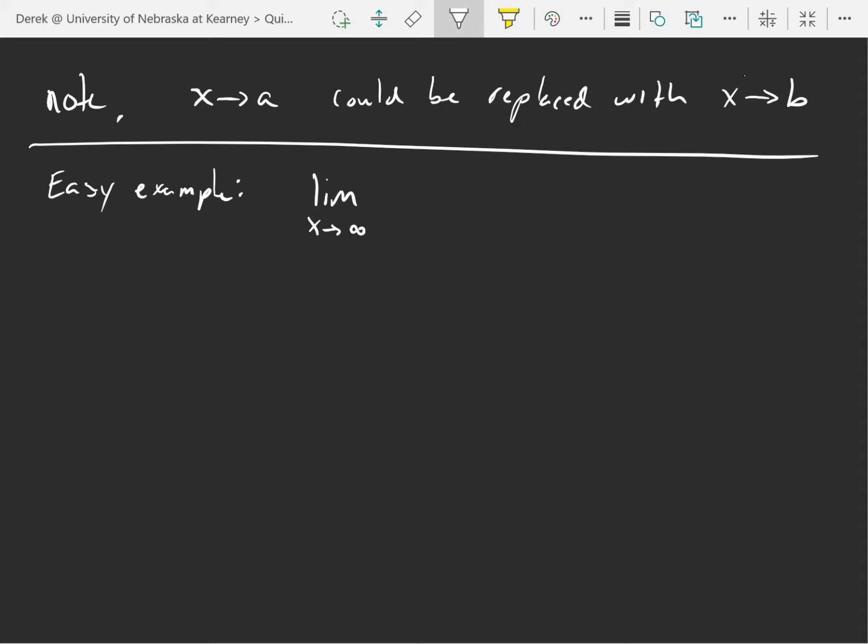So I want the limit as x goes to infinity of, say, 2x squared plus 3x minus 7 over 4x squared plus x plus 3. Say I want to find the horizontal asymptote in my algebra class. Well, they don't know calculus, but for you, how would you do this in a calculus class? Well, we can use L'Hopital's rule, because